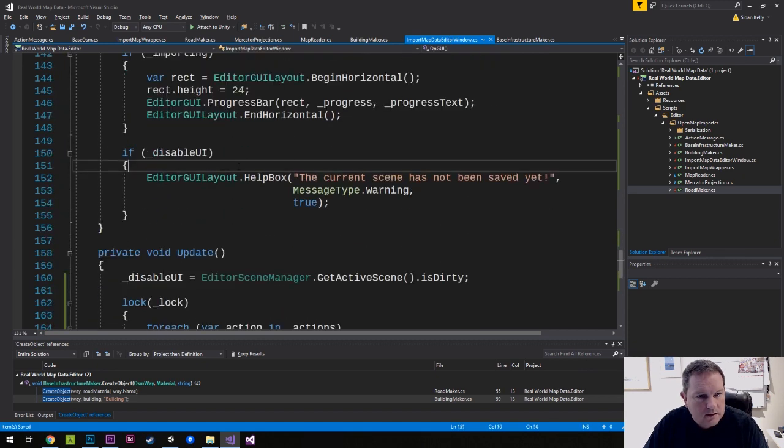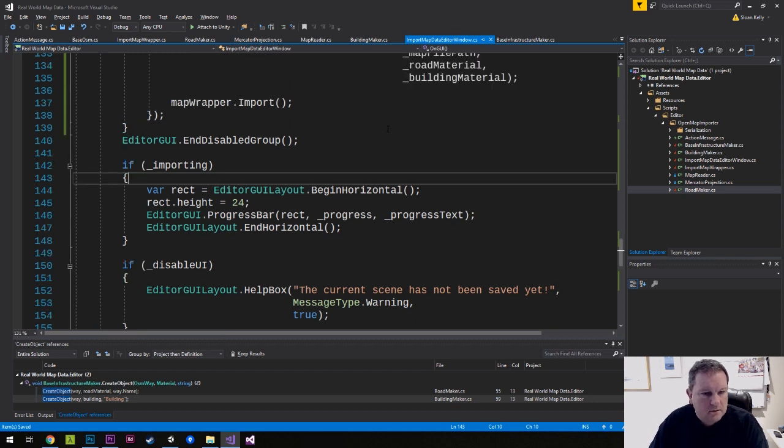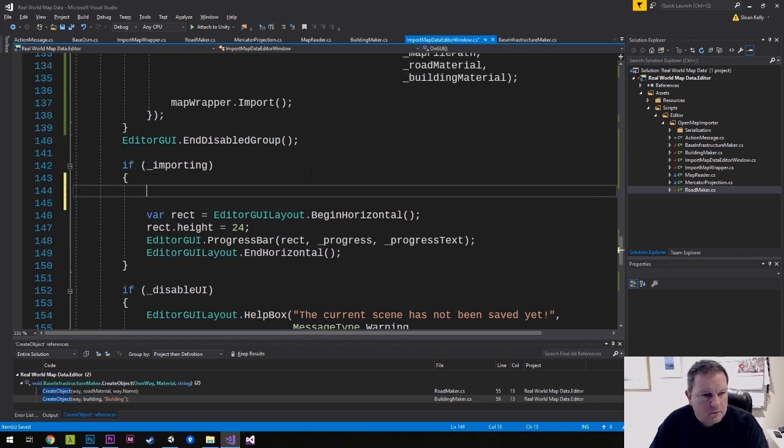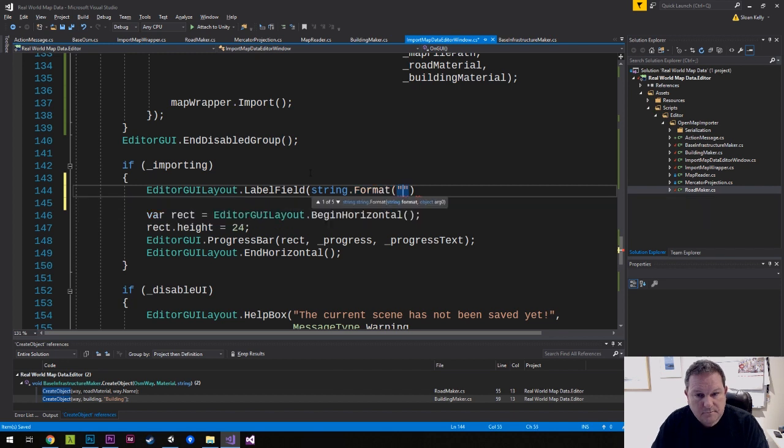So if you're importing, what we want to do is EditorGUILayout.LabelField, string.Format, and we can do 0, and then I think